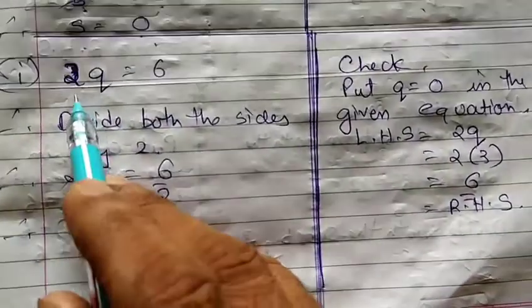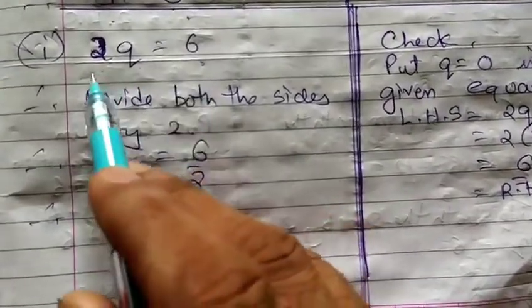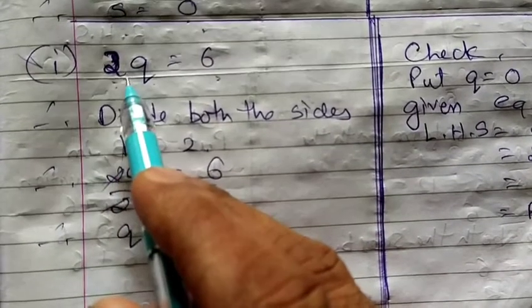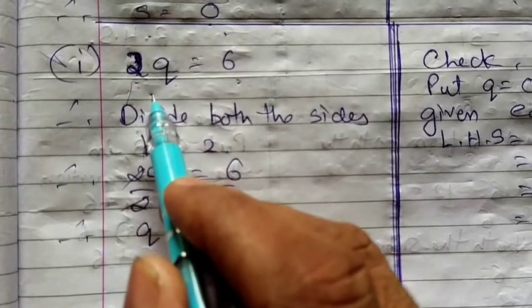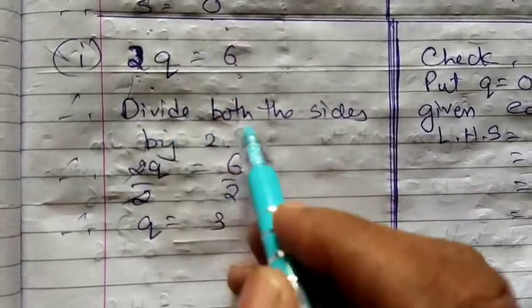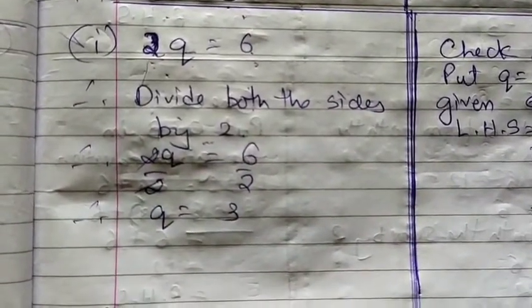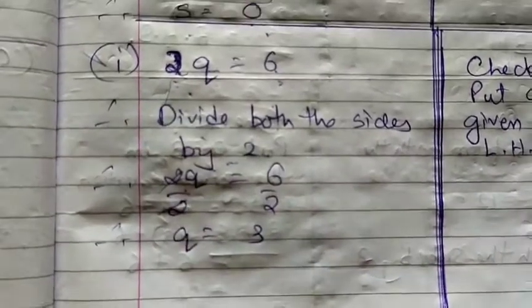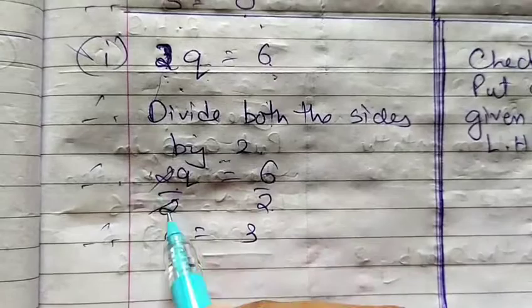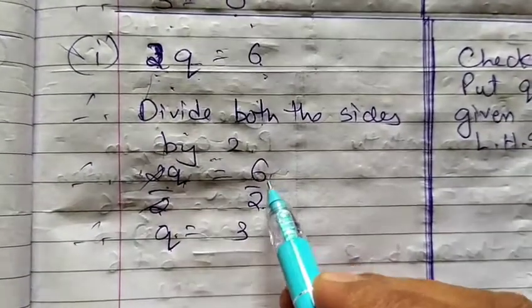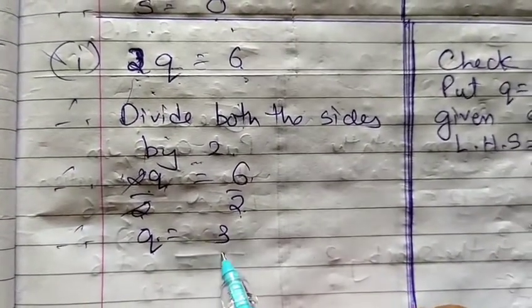Now 2 times q equals 6. Now it is in multiple form. Same. Now this value 2 times q you have to divide by 2 only, and 6 divided by 2. Write down divide both sides by 2. So by doing such, 2 times q divided by 2 and 6 divided by 2. 2 and 2 will get cancelled, and the value of q I got is 6 divided by 2, that is 3. Value of q I got 3.